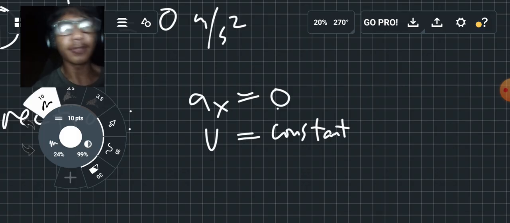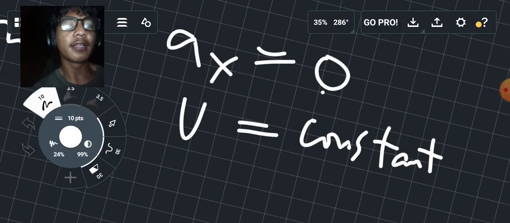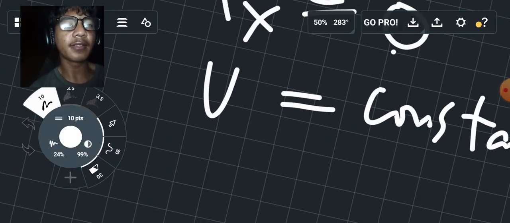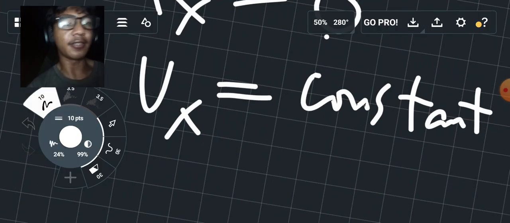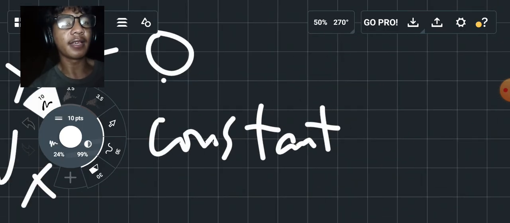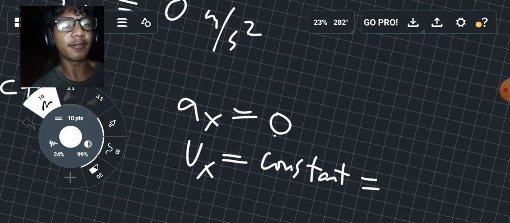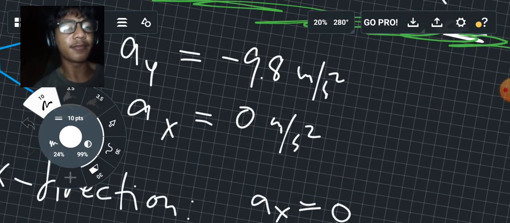Okay, but what is that constant? So it means that Vx throughout the motion is constant,